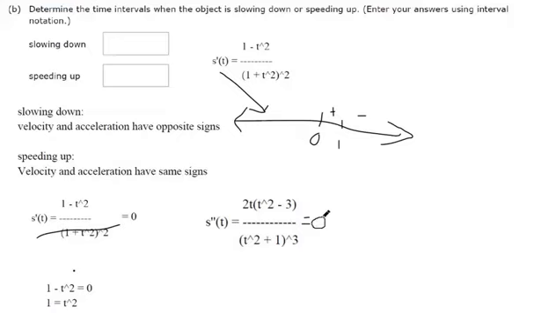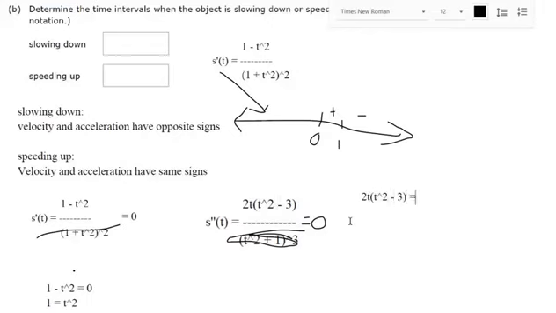For setting that equal to 0, do the same thing. Multiply t squared plus 1 to the third power to both sides. Make that cancel out. So you're left with a simpler equation. You've got 2t times t squared minus 3 equals 0. It's already factored. We just have to set each factored piece equal to 0. We got 2t equals 0. We got t squared minus 3 equals 0. So if you solve both those separately, you're going to get t equals 0 and t equals the